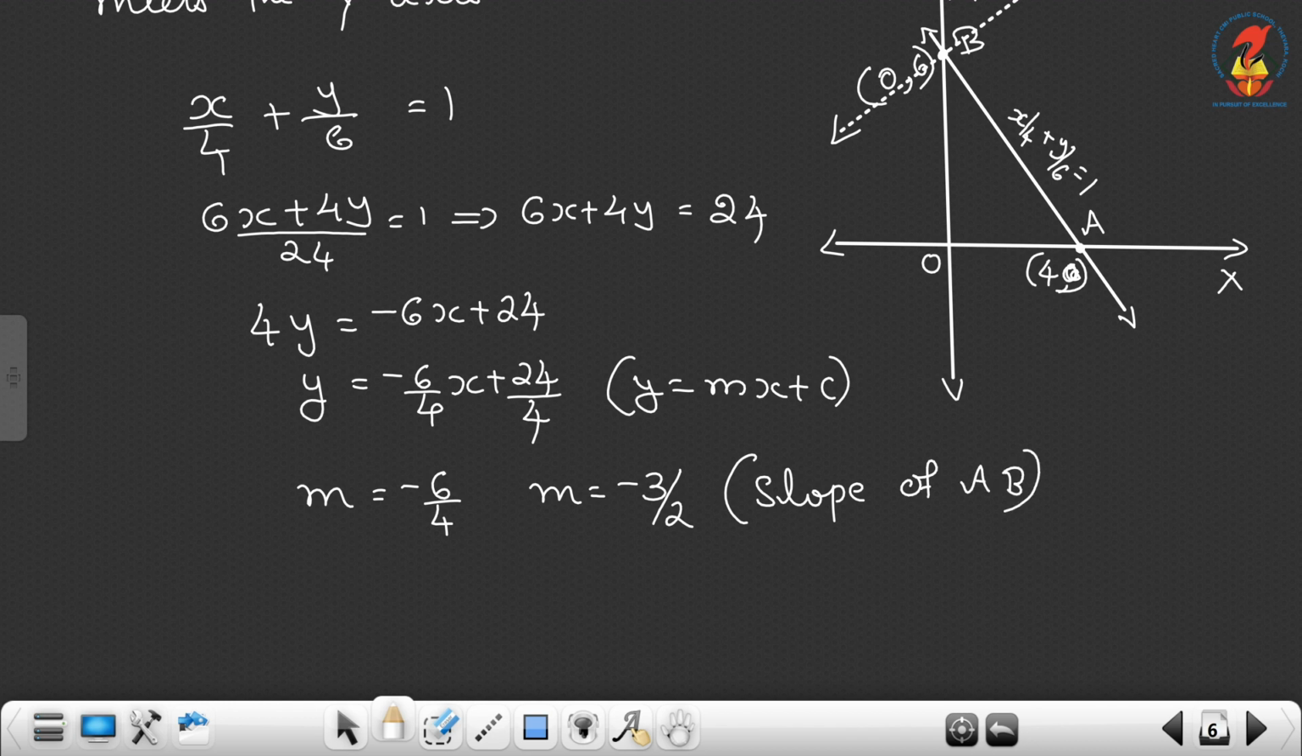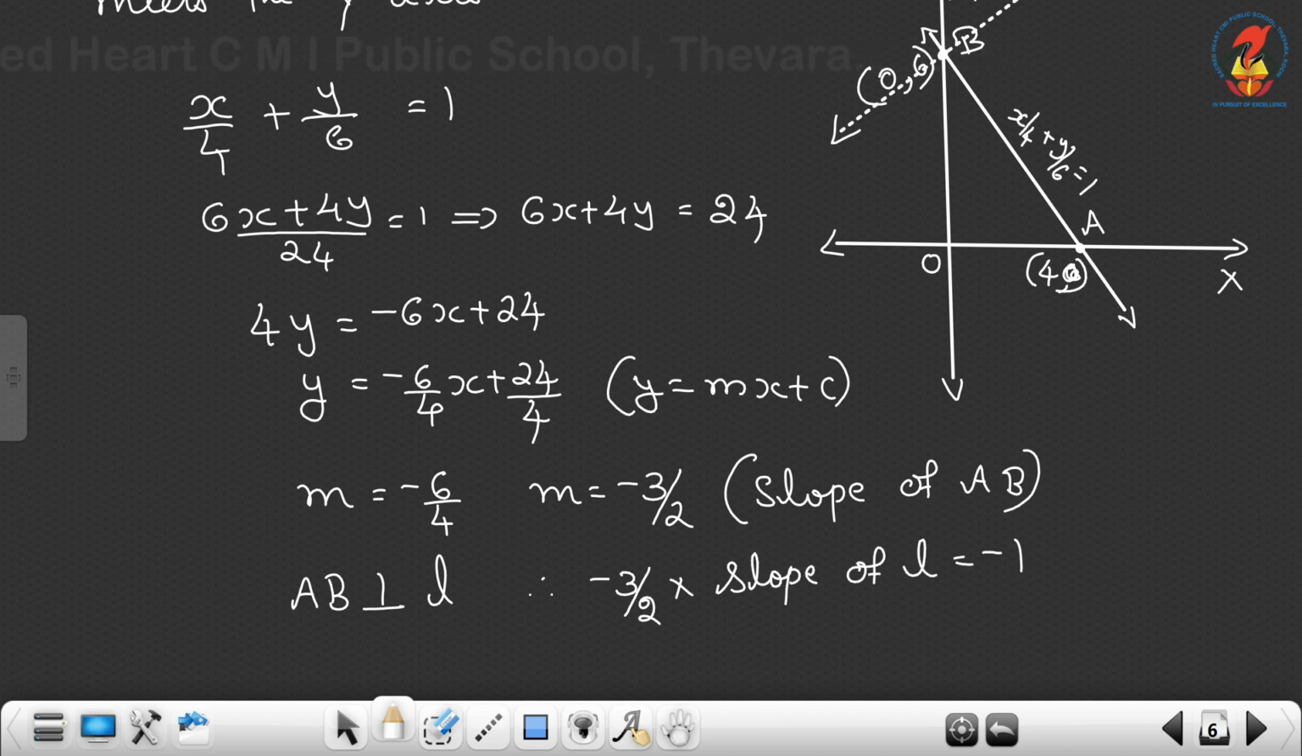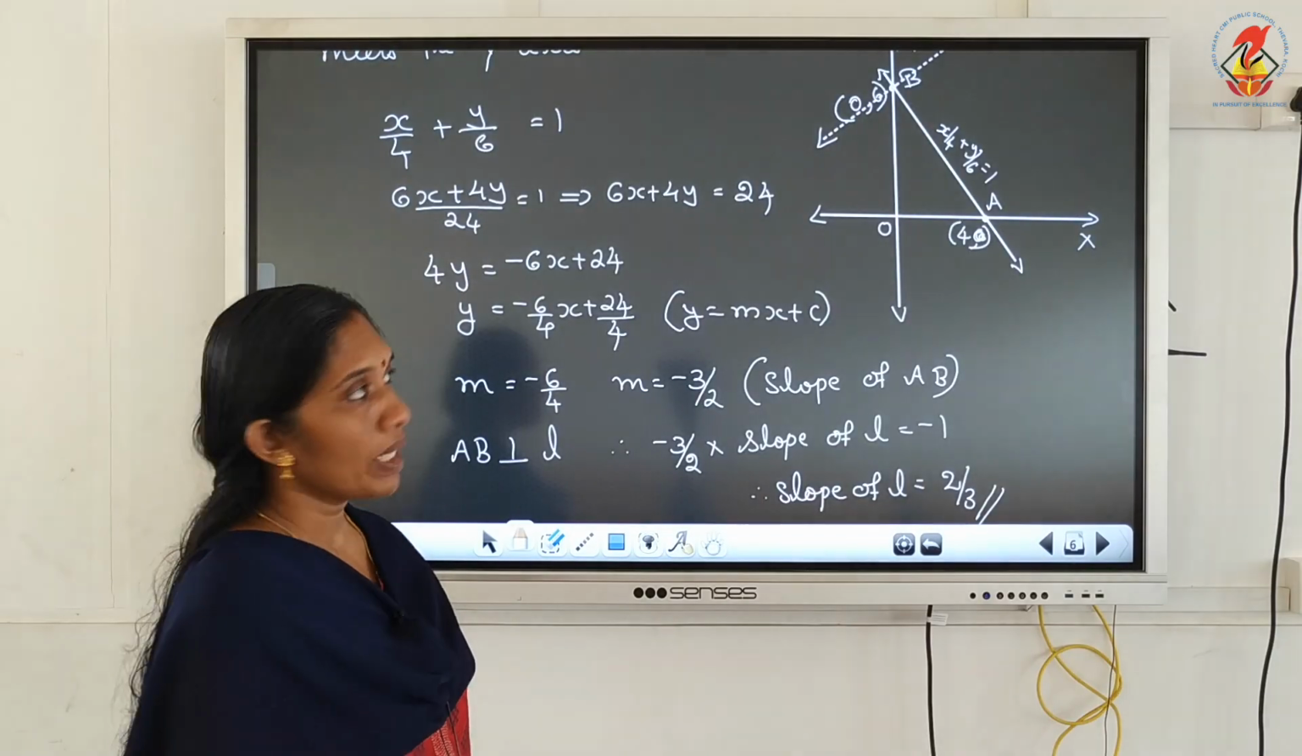Okay, slope of AB. Then AB is perpendicular to L. Therefore, -3/2 into slope of L is equal to -1. Slope of L, m1 into m2 is equal to -1. So, what is the slope of L? Slope of L is equal to, minus minus cancel, it is 2/3. So, 2/3 is the slope of the line L, which is perpendicular to AB, and the line L